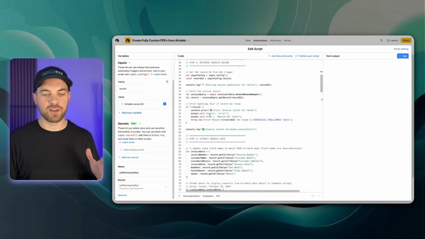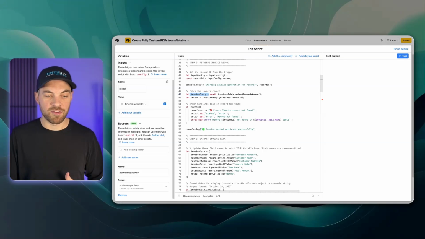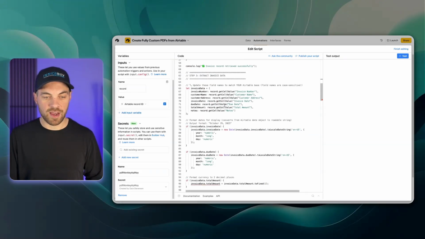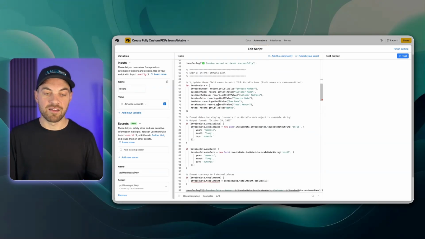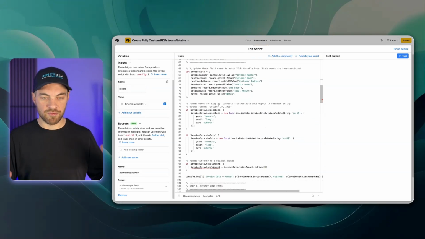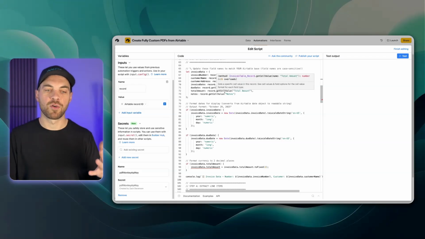For testing purposes, it's not necessary to have some of this stuff. It does add to the confusion a little bit, but what this is doing is getting the invoice that we've specified here. If I scroll down, this is extracting the invoice data and formatting it the way that we need it formatted. So for example, the invoice number, customer name, these are things that need to match your variables back